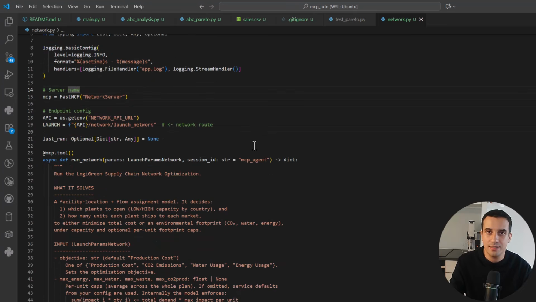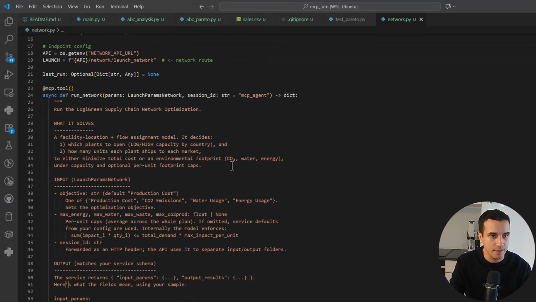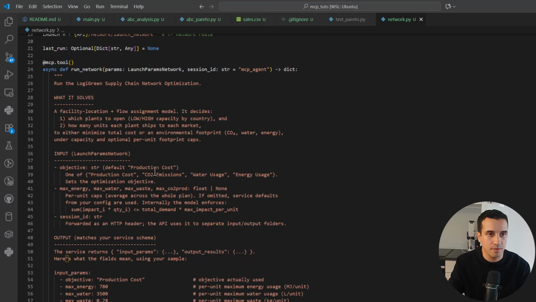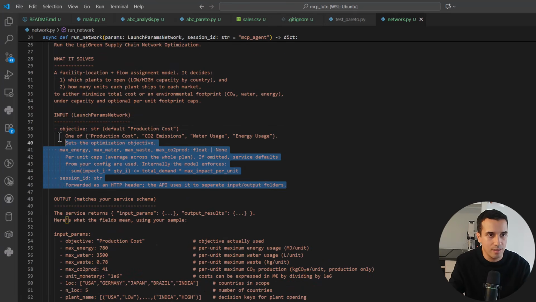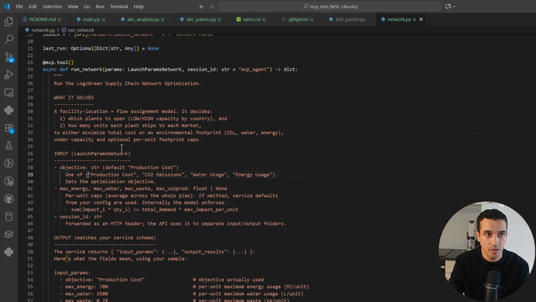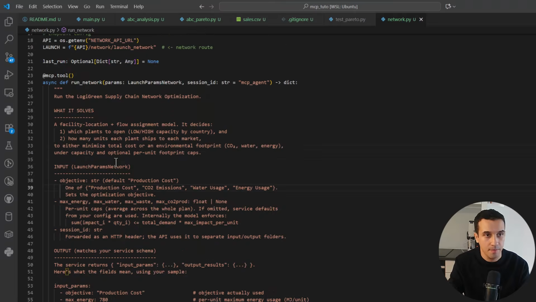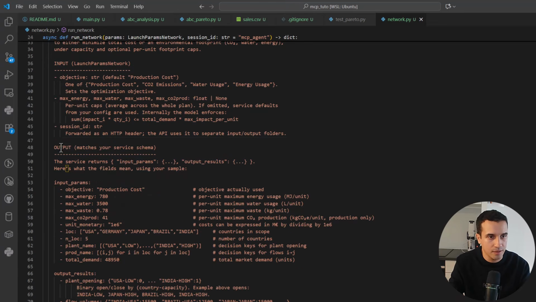What is interesting, and why I wanted to show you the code, is what we put in the docstring, which could be the equivalent of a system prompt that gives the agent an understanding of how to use the tool. The idea here is to provide some context to the agent. So here we explain that it's a network design exercise, what the agent needs to prepare in terms of input data, when to call the API, because here we are defining the tool, and then the expected output,